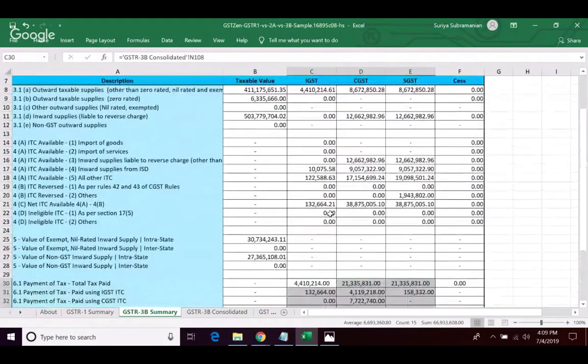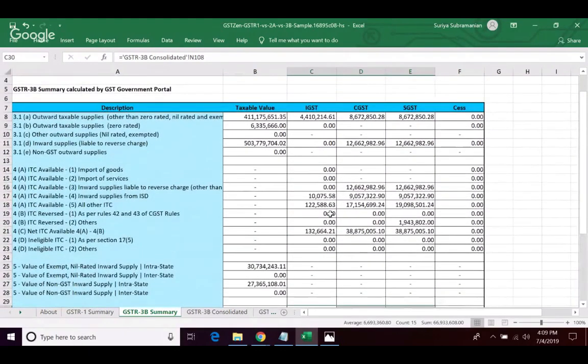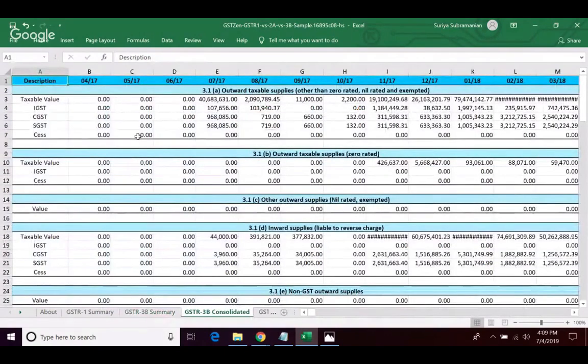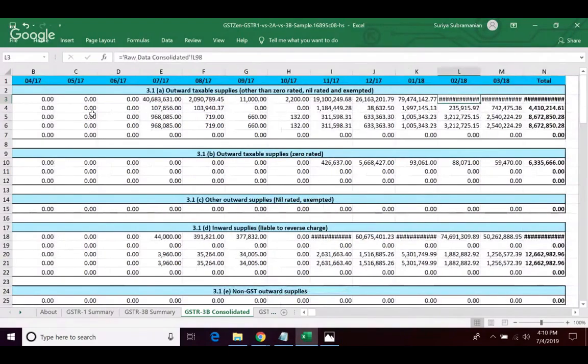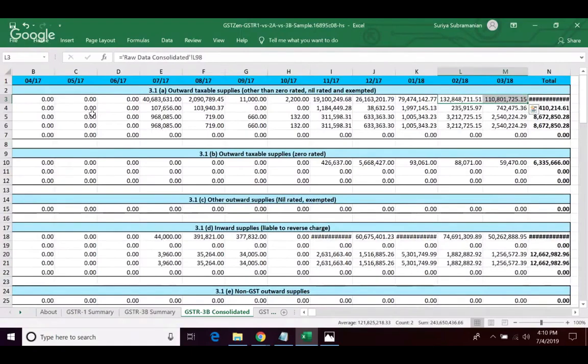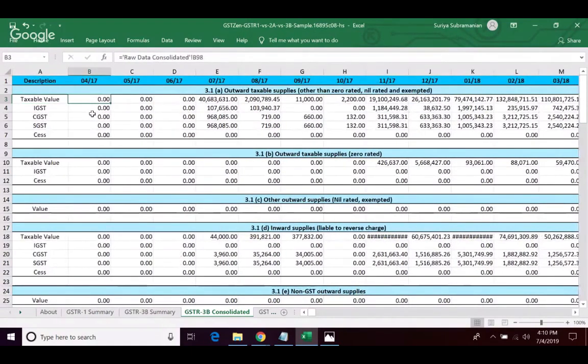This is a snapshot of 12 months data for 18-19, or 9 months data for 17-18. Then comes a consolidated report. When we say consolidated report, it is 3 months data which is not there. So you are seeing this blank, April 17 to June 17. But from July 17 to March 18, month over month, whatever the data which has been filed, that is reported